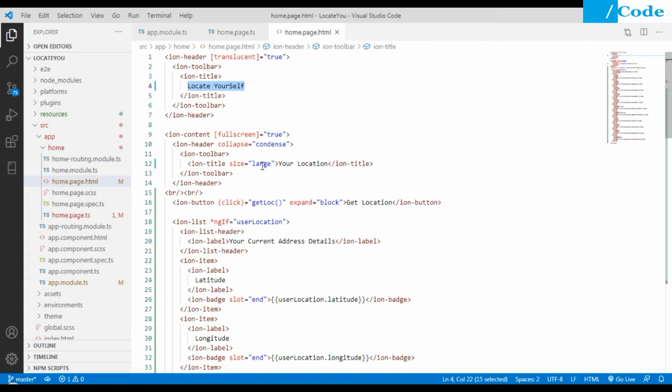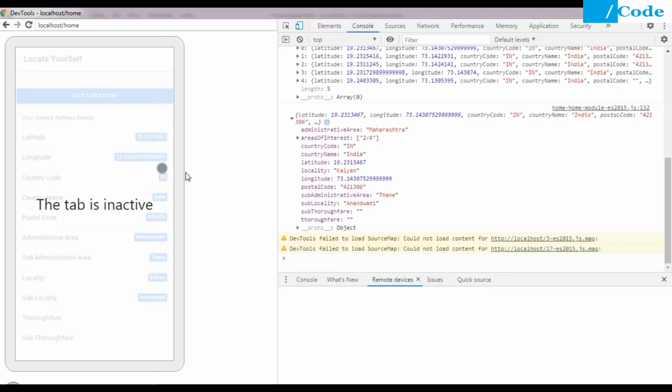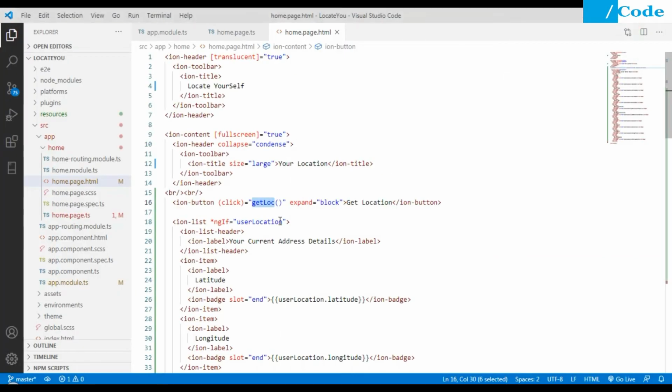You can put anything. Once the user clicks on the get location button, it will call the function which is the getLoc function. So this one is the get location button. Once the user clicks on that, it will call the getLoc function.